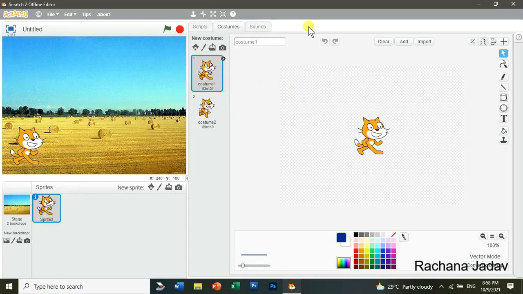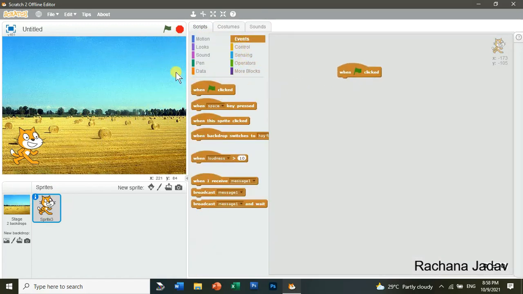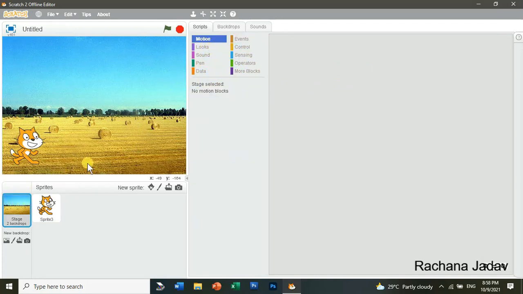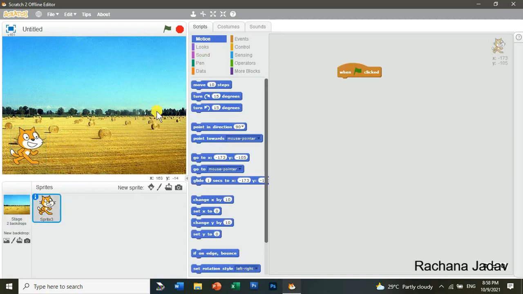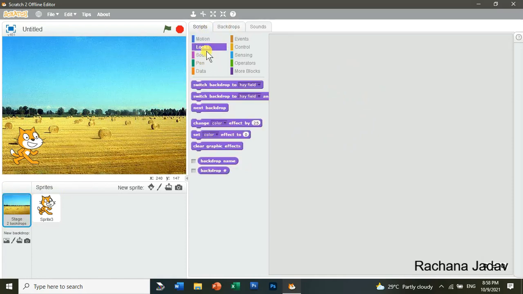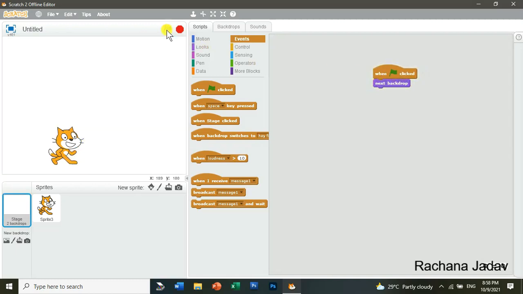So you can make a script related to it, like here I will write it over here. Let's take Event, and then I will take Motion. So in that, 10 steps, I will take 10 steps. Yes, you have to remember that you have to keep the selection, okay. Move, here I want to give it 100 steps, okay. And then I want to go over here in the backdrop and do the scripting there, that I want to change its look here. I want to go with the next backdrop, okay. So when the event is clicked, you can see over here.